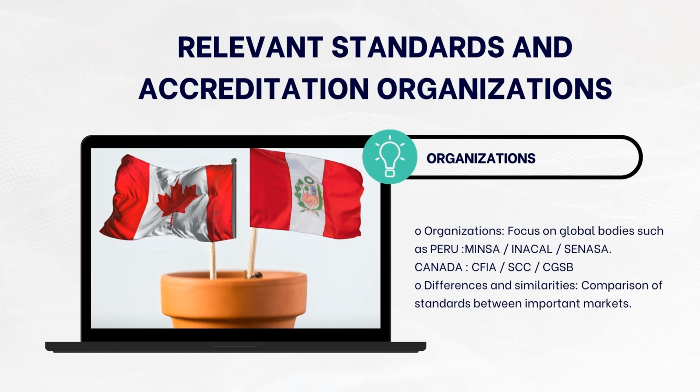Canada. Turning our attention to Canada, we find that the Canadian Food Inspection Agency, CFIA, is the government agency responsible for food regulation in this country. The CFIA ensures that food products meet quality and safety standards. Important regulations it oversees include the Food and Drugs Act, which regulates food safety and quality, and the Safe Food for Canadians Regulations (SFCR), a set of regulations that requires importers and exporters to comply with food safety regulations.